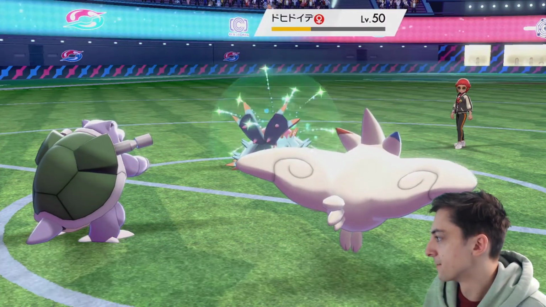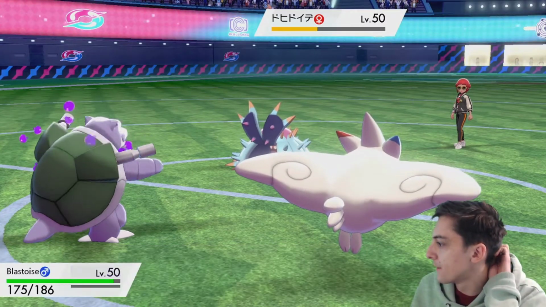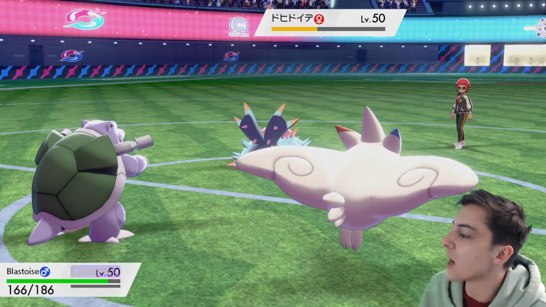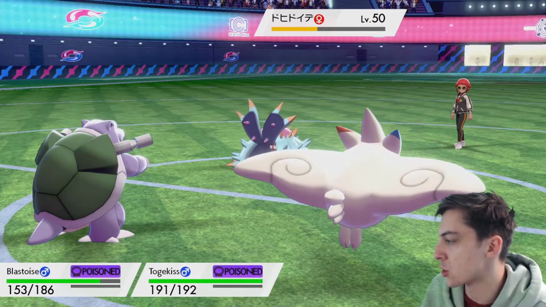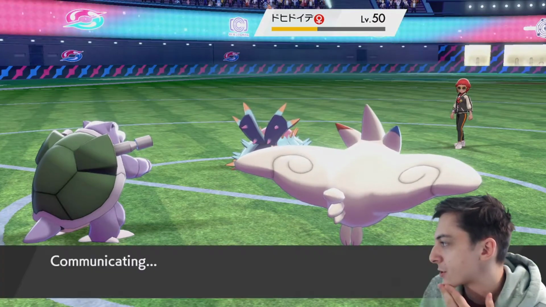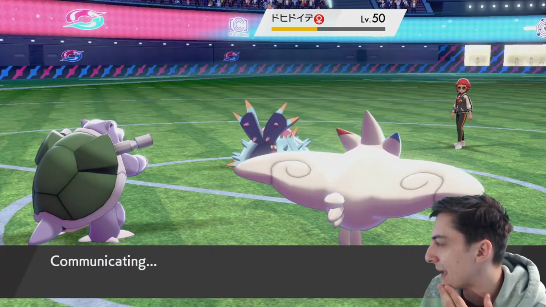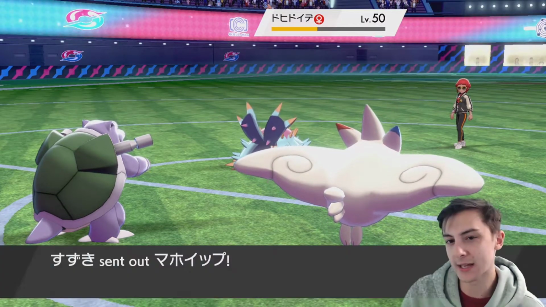Of course it does. So I think in this situation, I could see a double Protect coming out from Alcremie and Toxapex, just to try and stall out my Toxic Poison. So I think my best thing to do here is probably to Life Dew. That will heal up my Togekiss and my Blastoise,